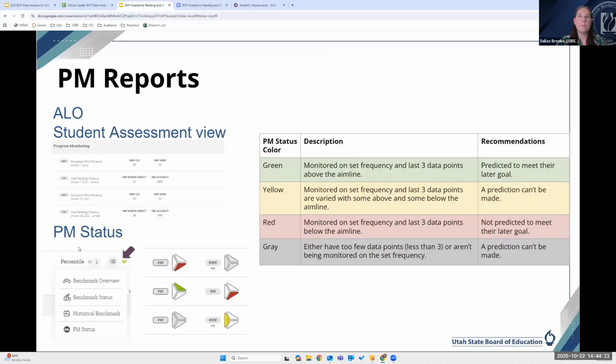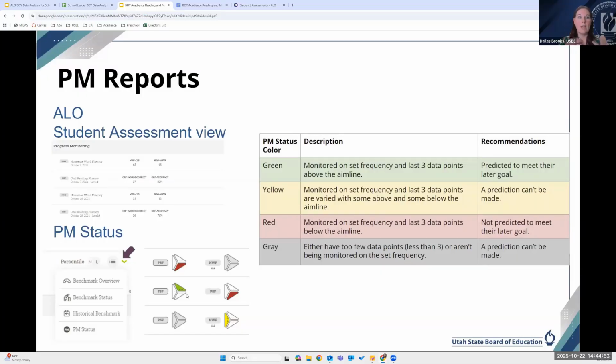Another way is to go to your progress monitoring status. To do that, you click on the little hamburger next to the caret, and it will bring up a drop-down menu for you. You just click on PM status. Then you're going to see all of these triangles for each student listed out, and the triangles are color-coded and they mean different things. So a green triangle, like this one here, means that the student was progress monitored